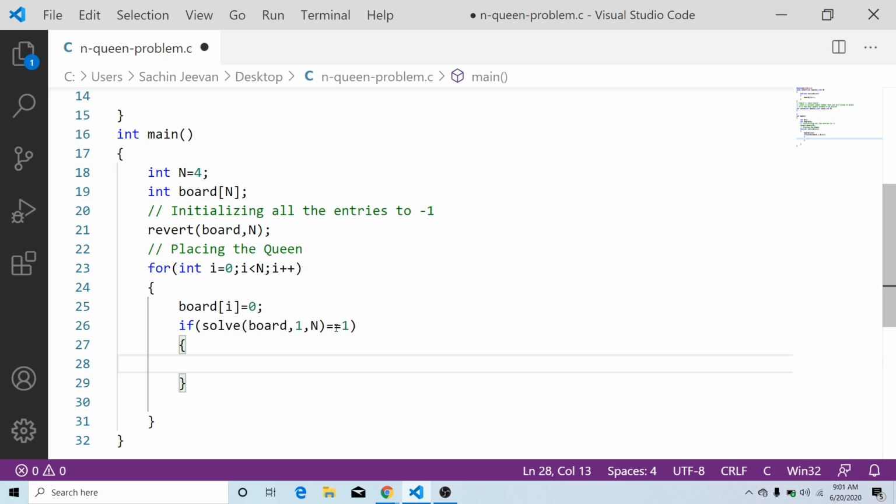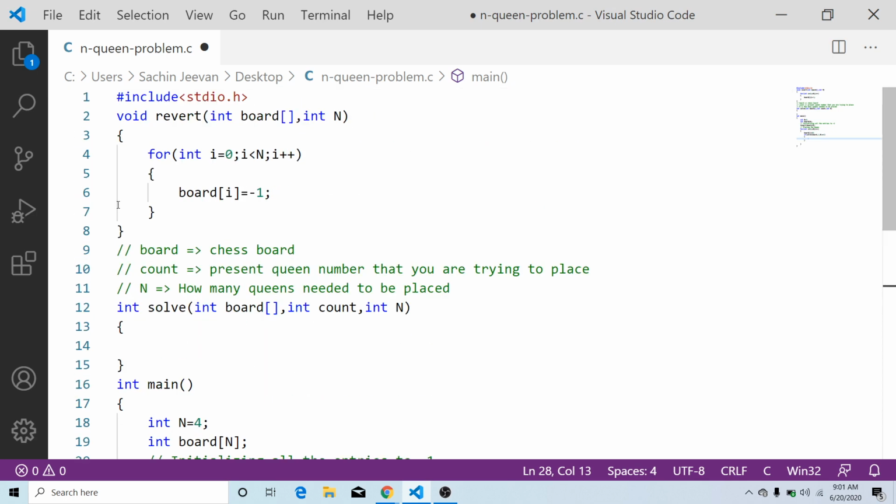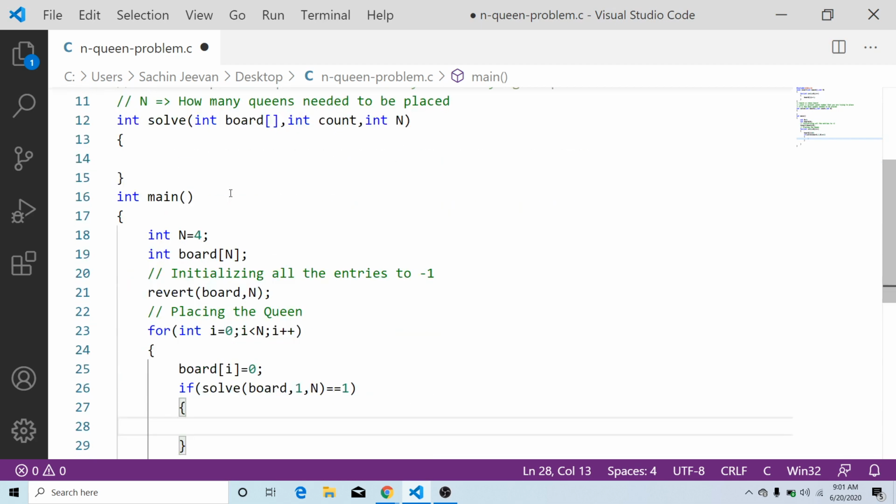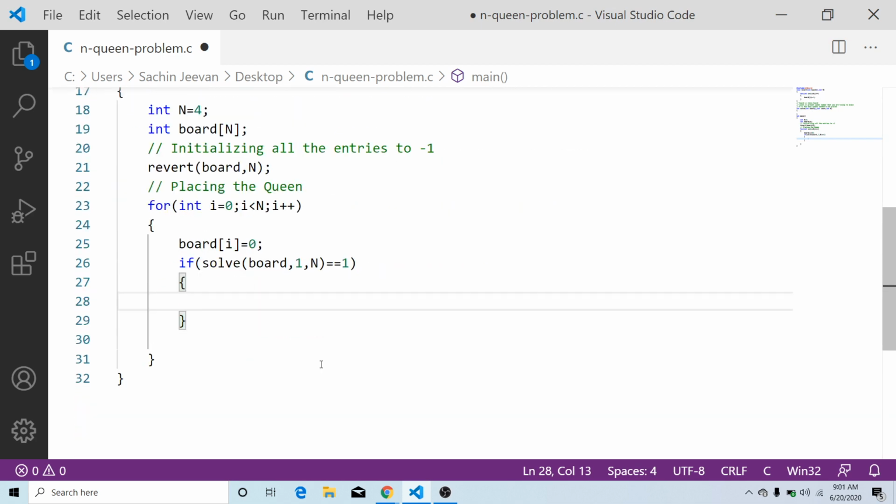next possibility. Here comes the revert function, because using the revert function you can initialize all the board values to -1. So you can simply call the revert function instead of doing that process again and again, right? So what is the first thing? You have to display the present possibility. Then you have to initialize all the entries to -1, and you have to proceed again. Okay, so first of all we have to write a function for displaying, but I think